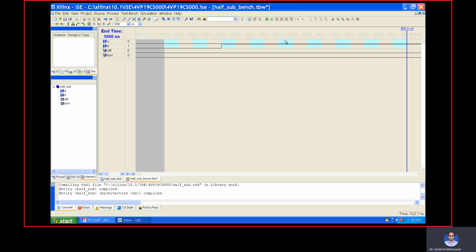Next 1 0, here also 1 0. Then 1 1, similarly here also 1 1, and finally 0 0. Once you are done with this part, save it, and once saved, close this.